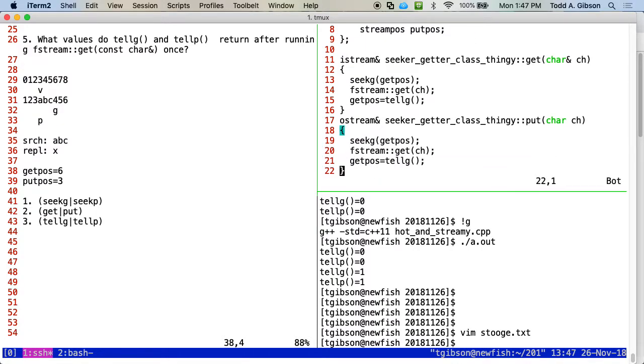Copy and paste here. This is CP. This is put. This is LP. This is the put position. Now, if I use this class instead of an fstream class, we use CP get put position. Yeah, this makes sense. Looks clean.